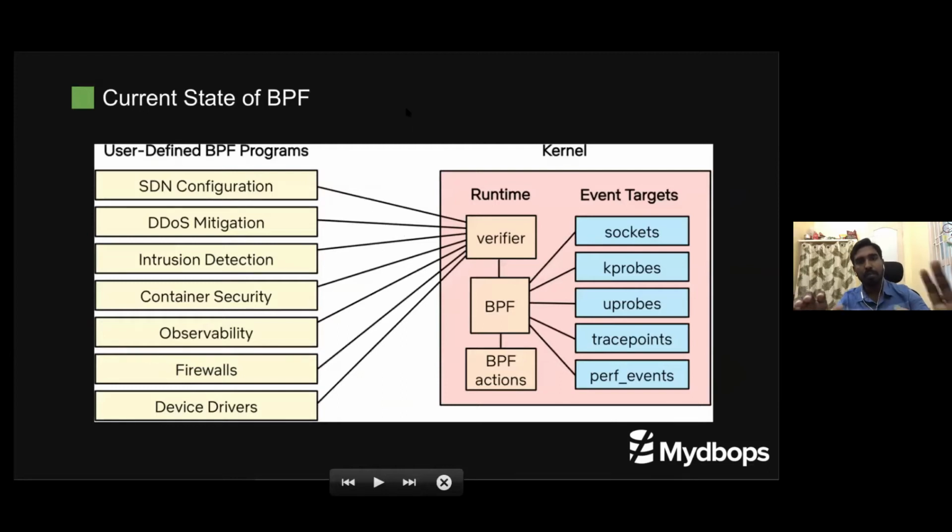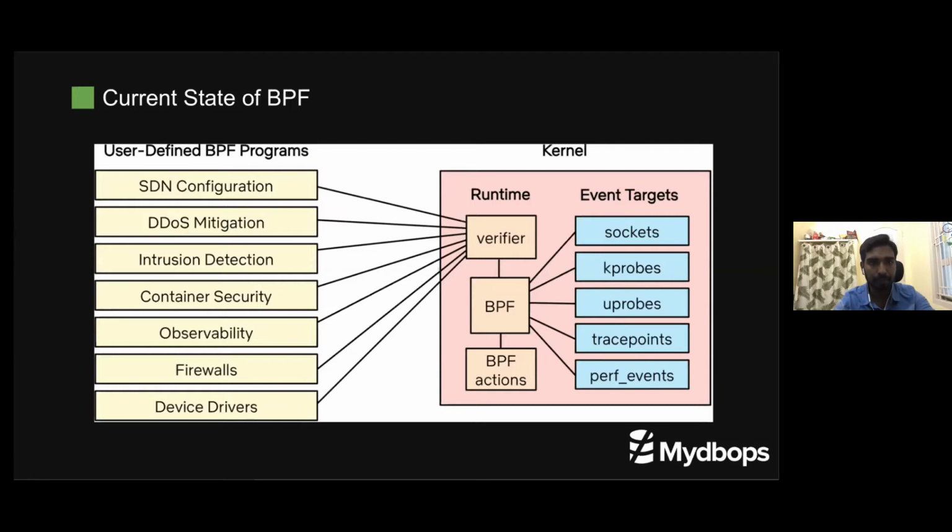Okay, so this diagram explains the current state of BPF, like the tooling which is built over BPF. So you can see SDN configuration, DDoS mitigation. These are similar to tools which can be written over BPF, and you can use them. It's a kind of tooling, and there are many more companies coming with new tools with respect to BPF because of its dynamicity, and the resource consumption is very negligible with respect to the system monitoring tool. So they are making up new tools on top of BPF basically.